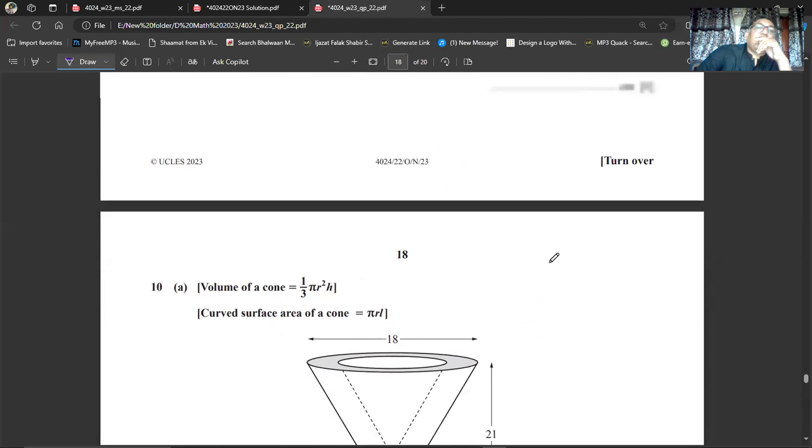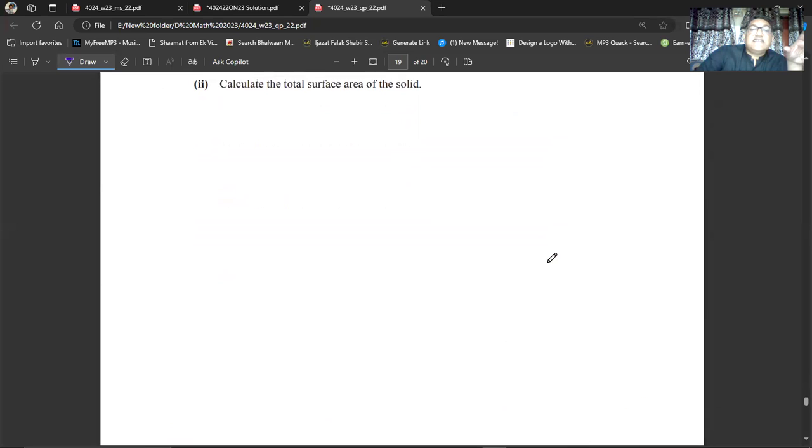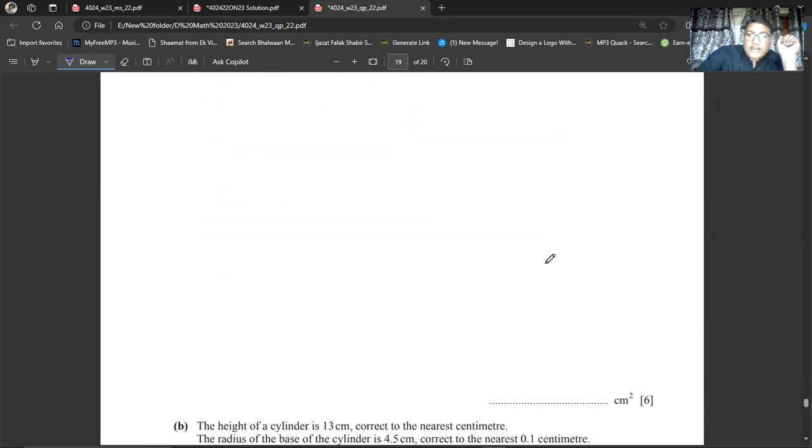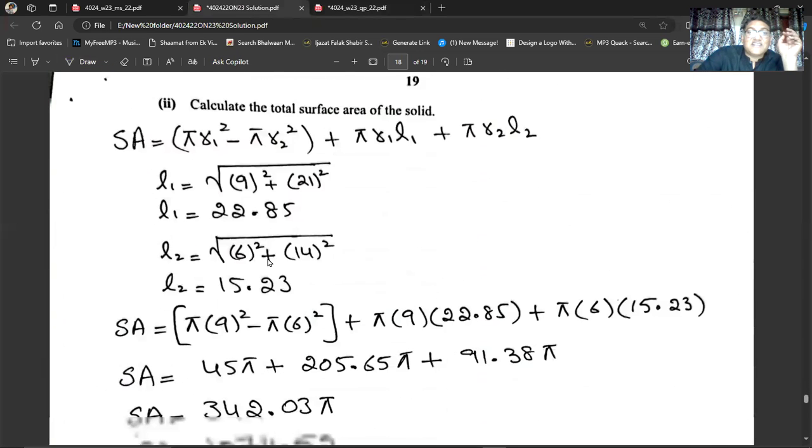Okay, so I'm going to the next part, question number 10A and its second part. It says calculate the total surface area of the solid. It's a 6 marks question. Oh my God, this part is of 6 marks. Now,